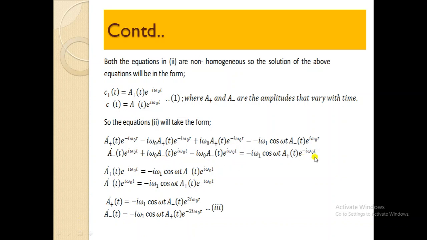On solving, what will we get here? The plus and minus terms, these two terms are similar except in sign, so we can cancel these two, and here also this and this are similar except in sign, so we can cancel these two. And what we get is a plus dot t e to the power minus I omega naught t equal to minus I omega 1 cos omega t a minus t e to the power I omega naught t, and here also a minus dot t e to the power I omega naught t equal to minus I omega 1 cos omega t a plus t e to the power minus I omega naught t. Now what we can see,